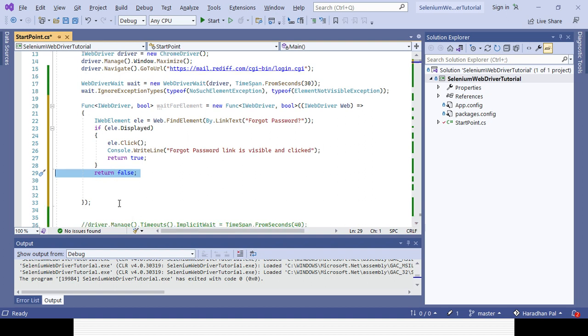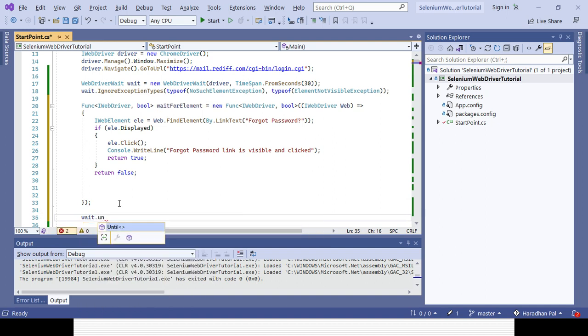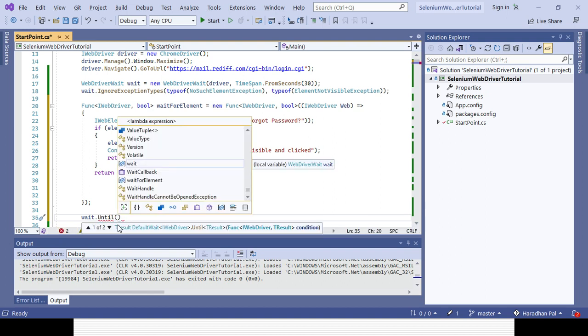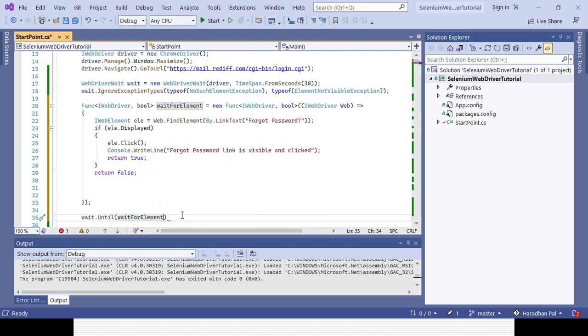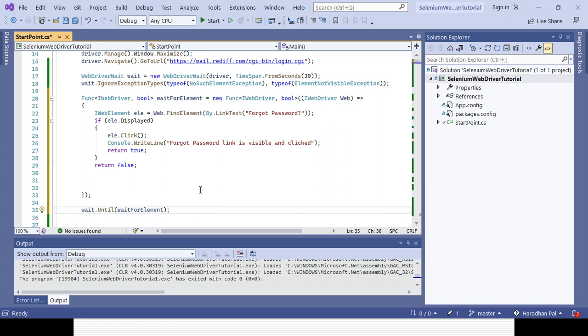Now what can I do with the help of the wait object? I can call the method wait.until, and here I need to give the method name. You can see that the waitForElement method is coming now, so my code will be complete for the wait. You can see not much error is there. So this is one important way you can create the method for handling the implicit wait for